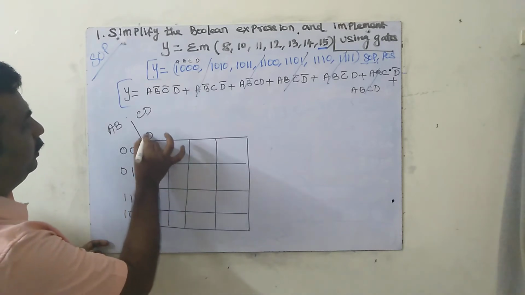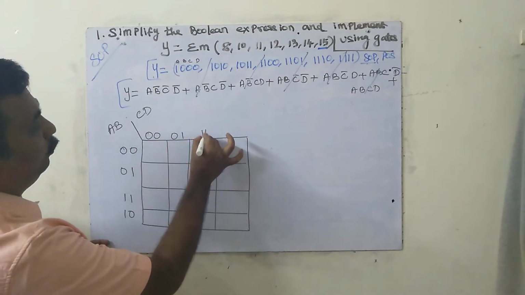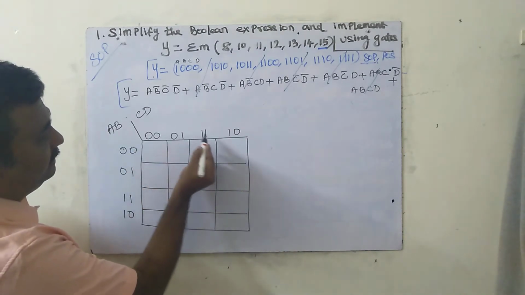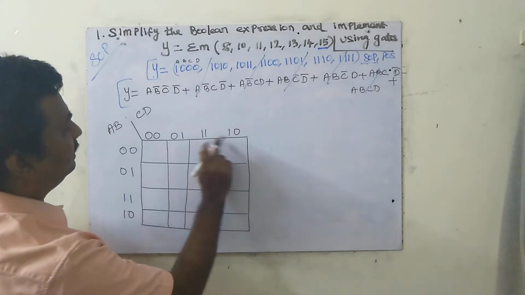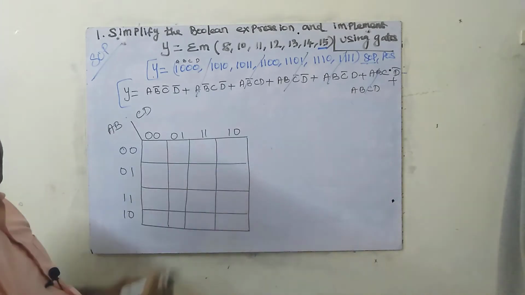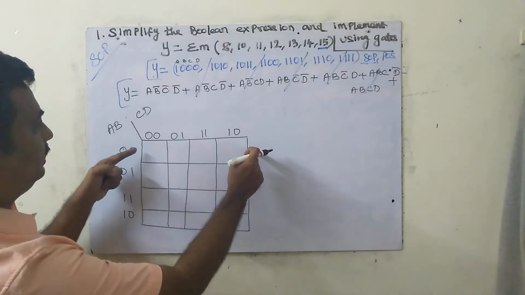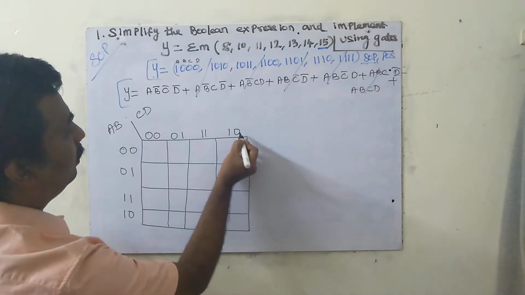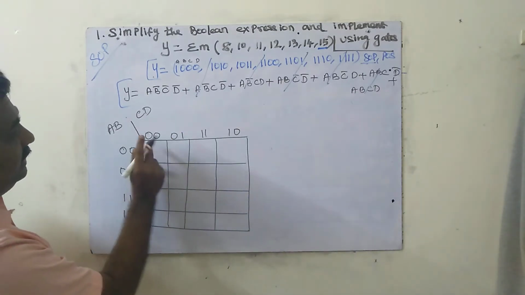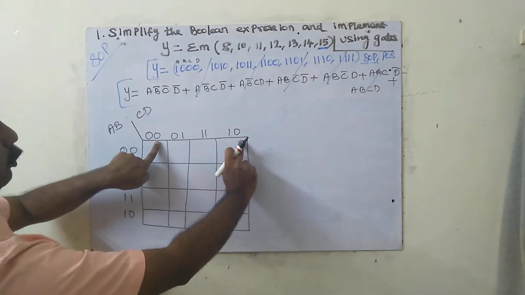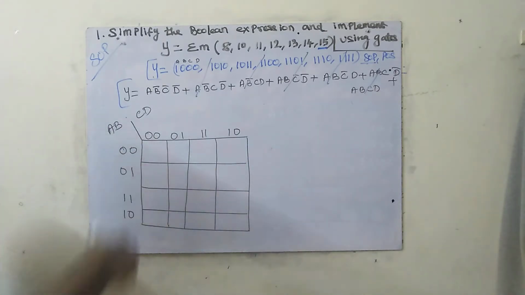I think you have already remembered this: 0 0, 0 1, 1 1, 1 0. See, after 0 0, only D is changing. After this, only C is changing. After this, C is common, D is changing. See, actually this is a circle like our earth. This and this are connected together. This and this are connected together. See, this is C, this is D bar. Coming to this, C is changing. Compared to this, here this is 0, this is 1, but both of these are 0. I will explain later. Now I have to write this 1 2 3 4 5.